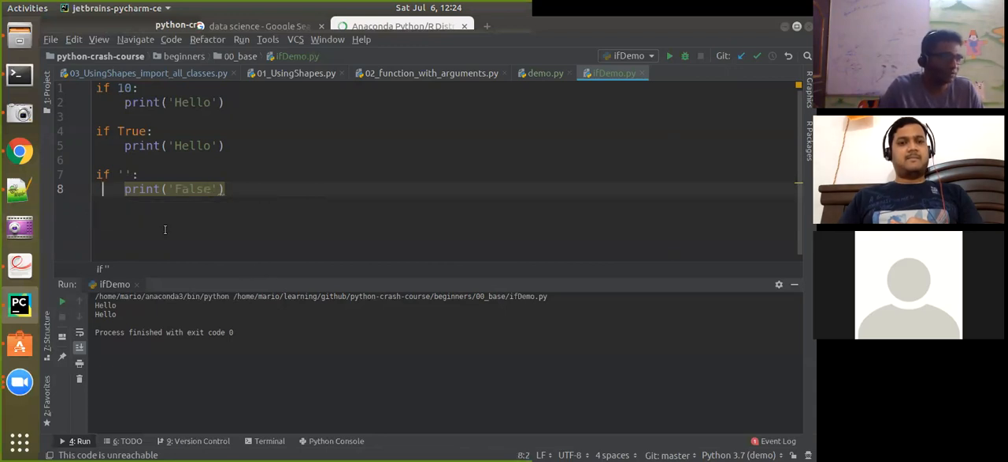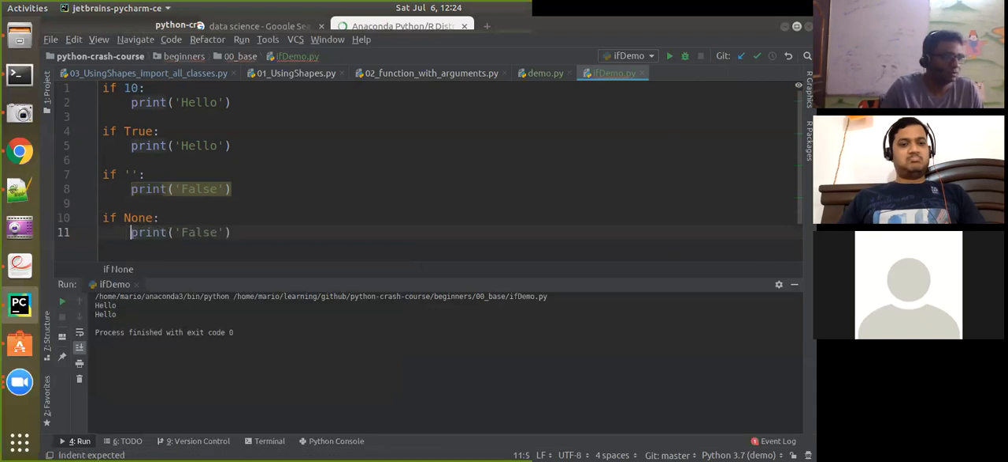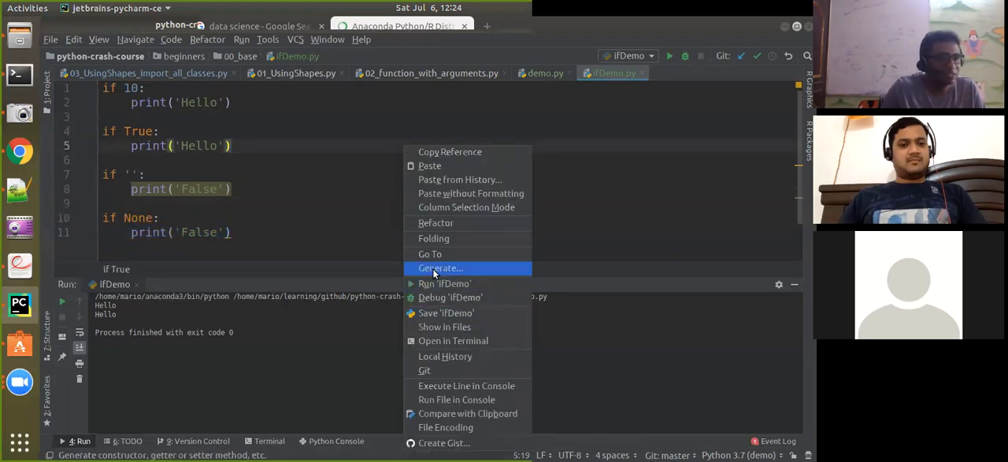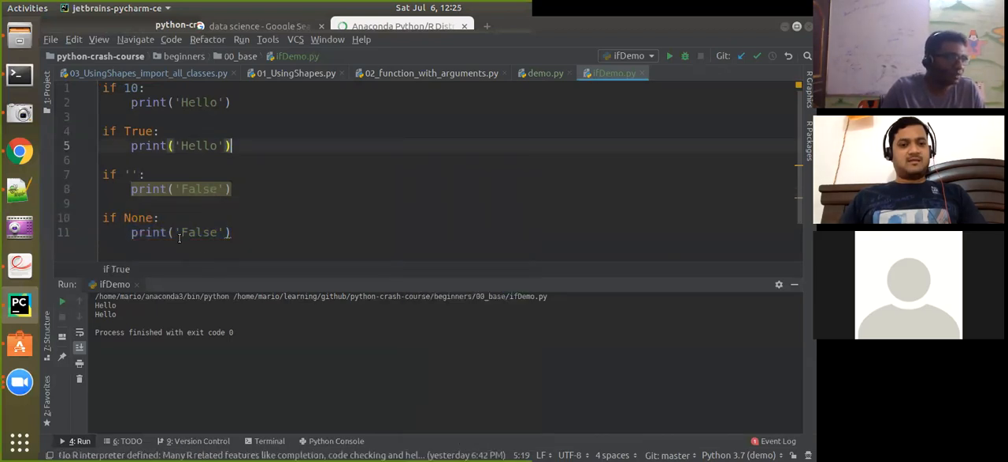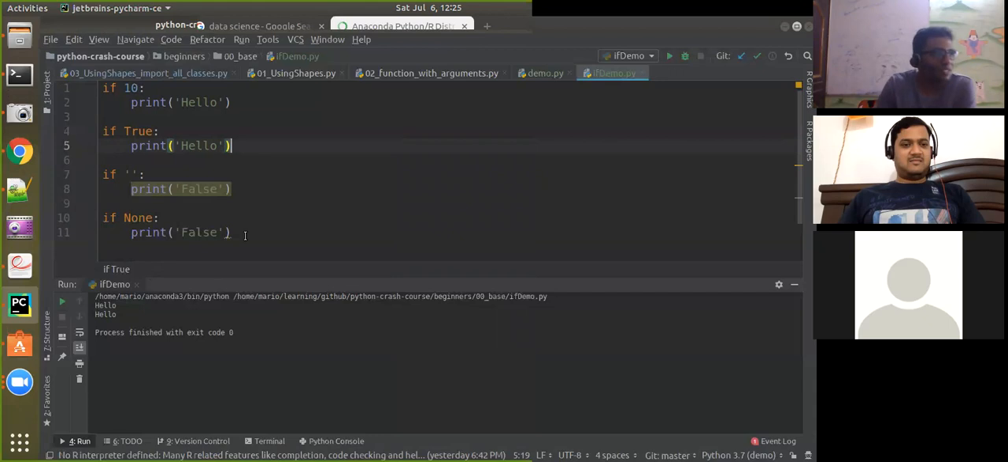Now let's say if None, so what happens to this? This is also false. The reason is the type: bool of None is false. So guys, if you pay small attention to this simple example, you can